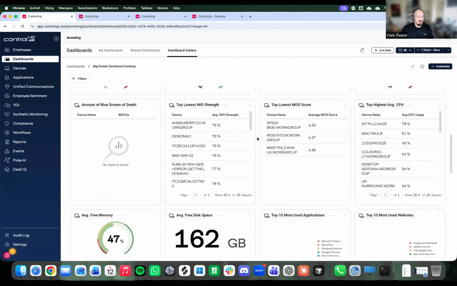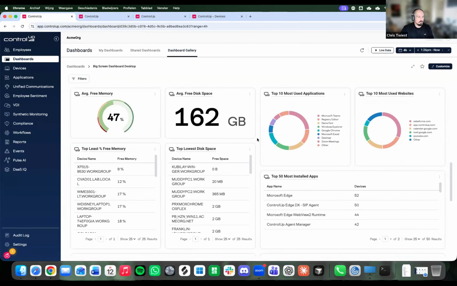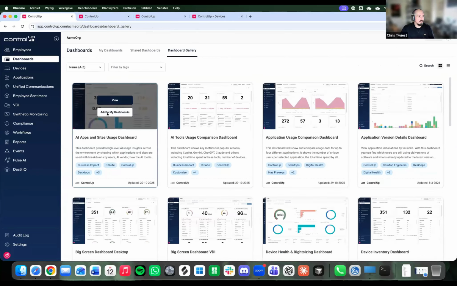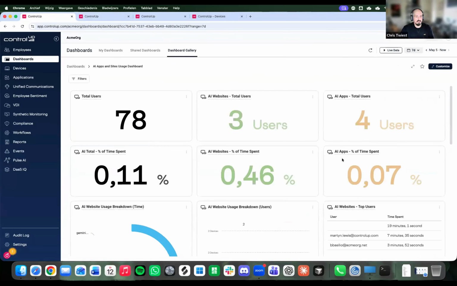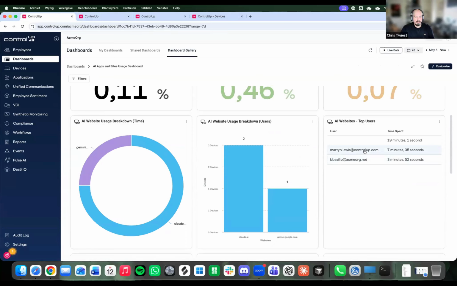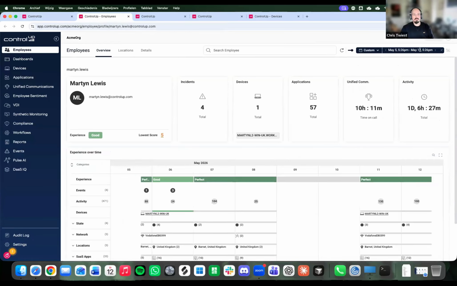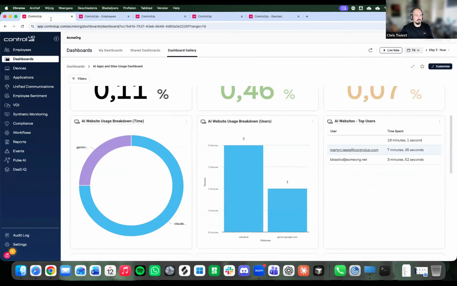The other thing is if you see usernames somewhere. Let's see, do I have a widget here with usernames? I don't think so, but we can go into this one. This one has usernames. So usernames, the same, you can click. It will also take over the time frame, and it will bring you to the employee view of this user. So you can directly deep dive from a dashboard.